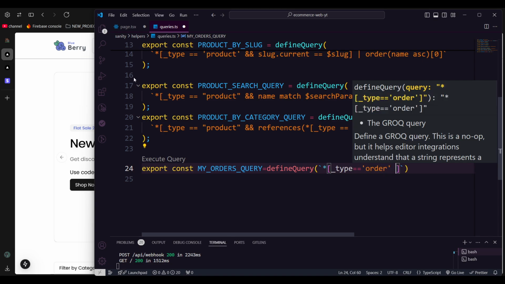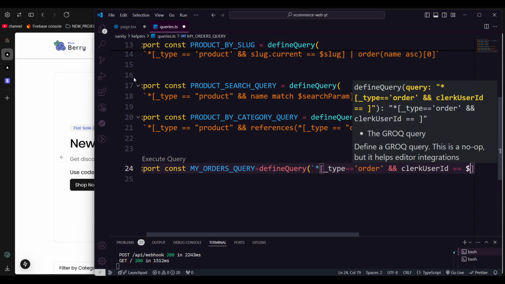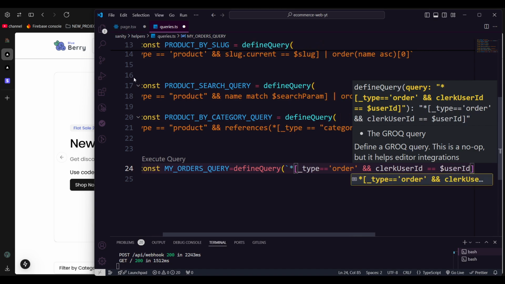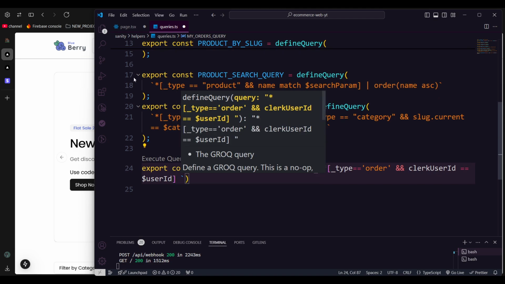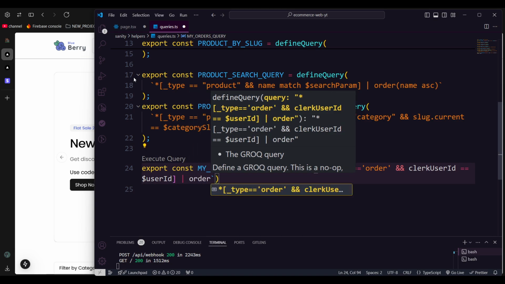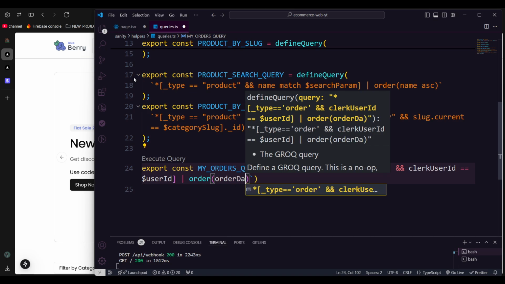And after that we need to pass that Clerk user ID, should be user ID, and that ID also going to pass that value, should be user ID. And we are going to make that order, which is going to be passing that as order data and